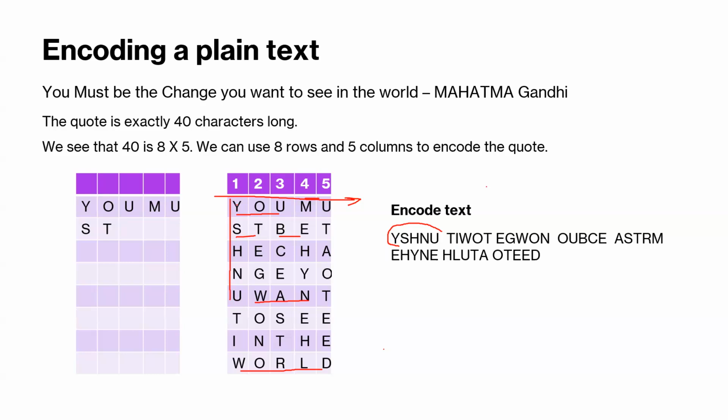So this is one way of doing it, right? It's the way the columns were arranged. We are using the same order of the columns and going from the first column, right? Picked up the first 5 characters, that becomes our first word. Then we pick up the next 5 characters, Y, T, W, O, T, that became our second character set, and so forth. We keep going, right? So this is a simple way of doing it, but we can introduce more complexity in how we